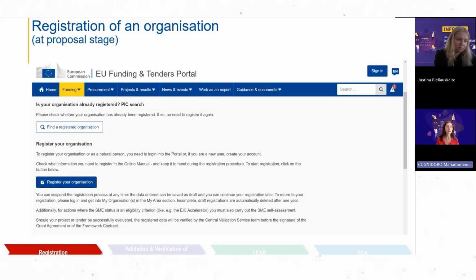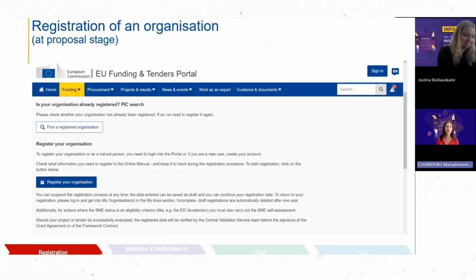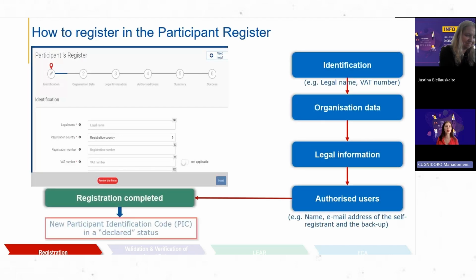So I go to the find register organization. If my organization is there, then I have to use the PIC of my organization. If not, I need to register the organization from scratch. So I click here in the register your organization field. This will start a workflow of several steps. We have identification of the organization. We need to put in all the organization data that are requested. And then in the end, also, I can